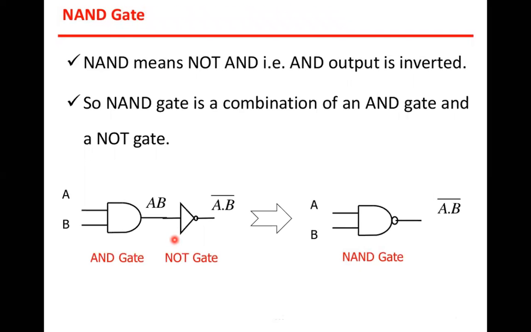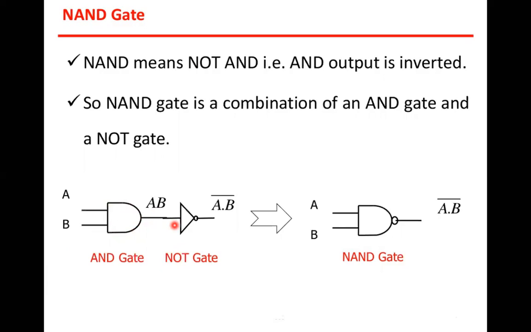NAND means not AND. That is, the AND output is inverted. If we connect a NOT gate at the output end of the AND gate, then that is called a NAND gate. So a NAND gate is a combination of an AND gate and a NOT gate. You can see that the output of this AND gate is connected to a NOT gate as an input.